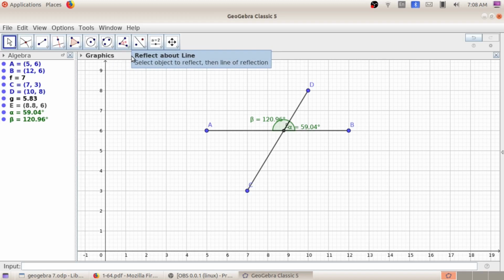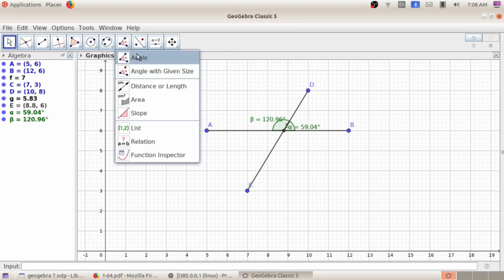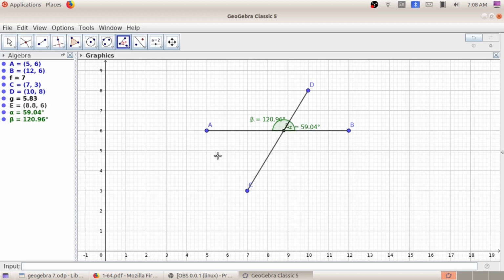Now I am going to find the other angle, this one, angle AEC. You need to follow the same direction, in anti-clockwise direction, otherwise it will be a mistake. AEC. So you can see the angle here. I will move those angles to make it clear.